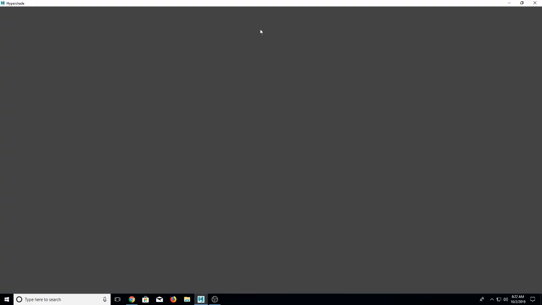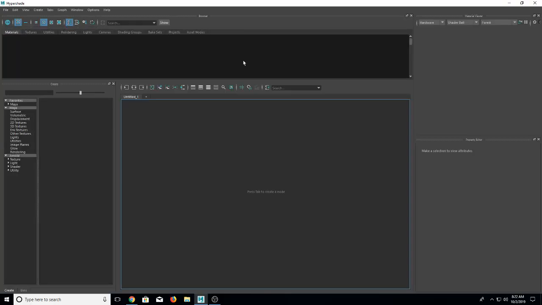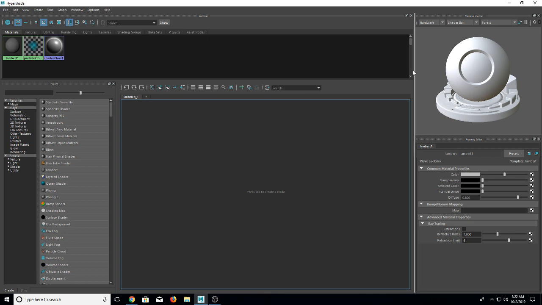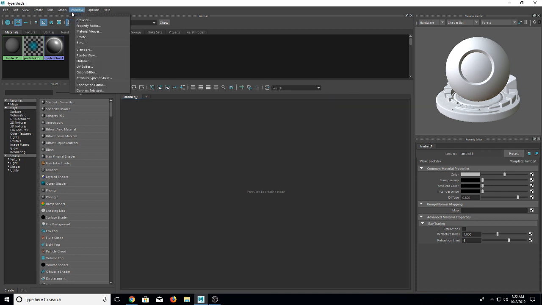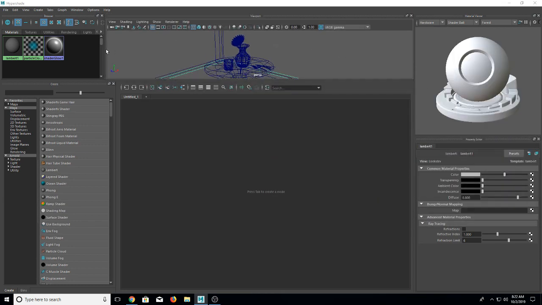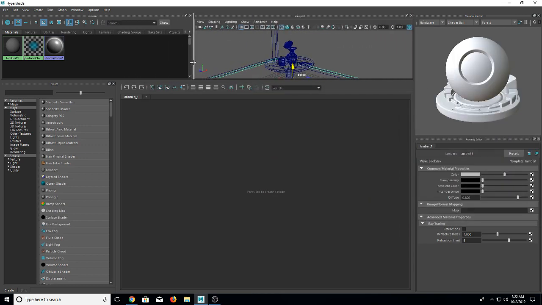So here should be the answer to some of the questions. If you are in Hypershade and you are missing any windows, for instance, like right now, I don't have the viewer. I can go to Window, Viewport. Now this is all of them. So if you're missing a window at any point in life,